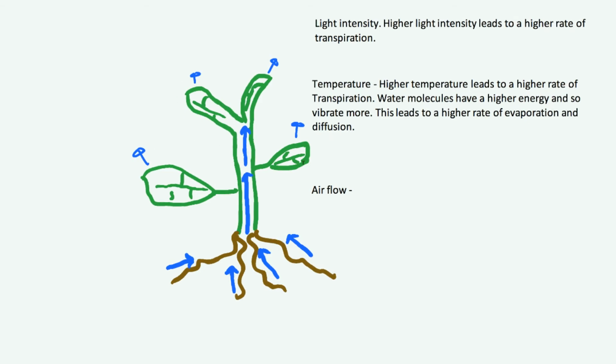So let's say, for example, that this is our leaf, okay? And we're going to say that in this first scenario, there is no wind whatsoever. The air is really calm. You'll see that there is a concentration gradient, clearly, of water molecules, right? From inside the leaf, we're going to say that this is the leaf, to outside the leaf. So what's going to happen is the water is going to diffuse from the leaf. Okay, so it might be like this,